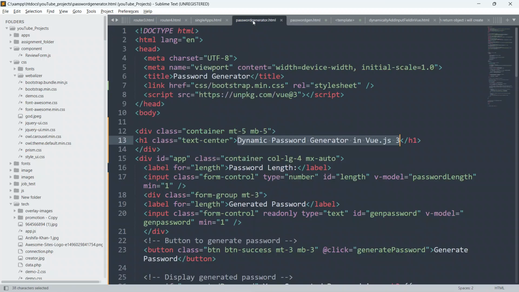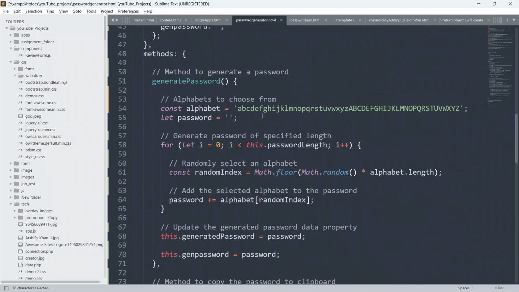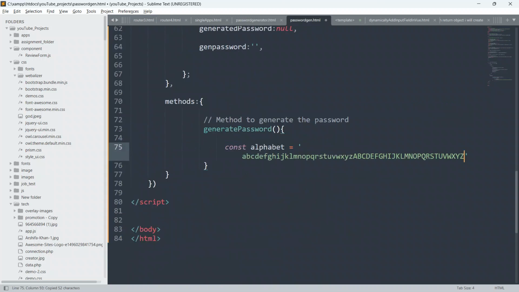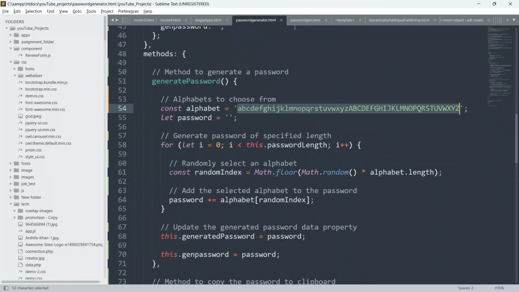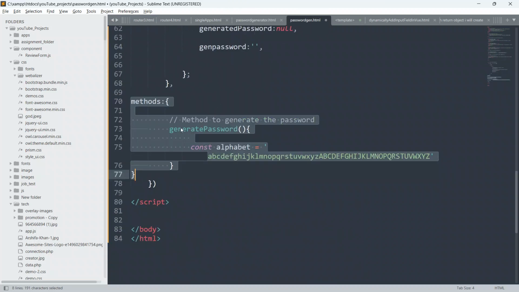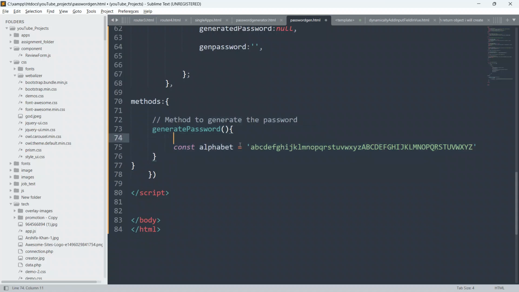So just go to the example and just go down and copy this alphabet from here, okay, and paste it here. Let me just give some space, okay. So it will be in the same line. So yeah, now you can see clearly.